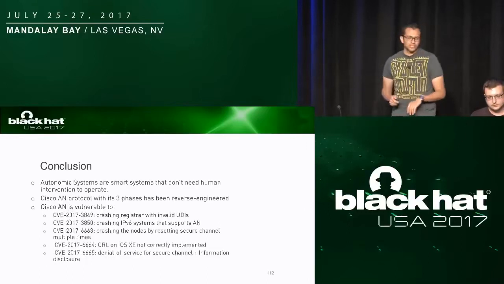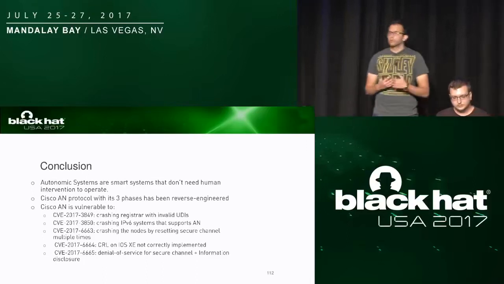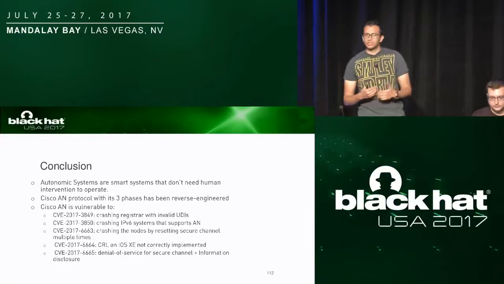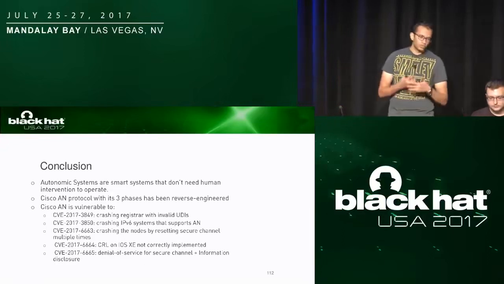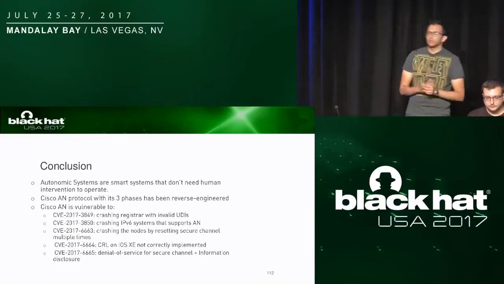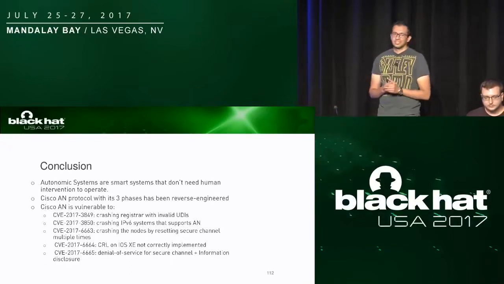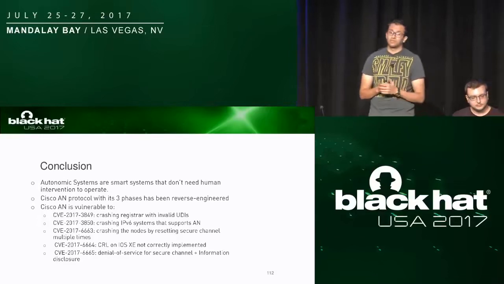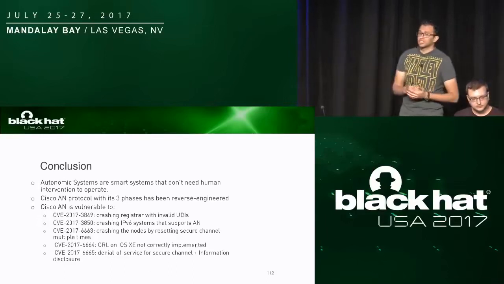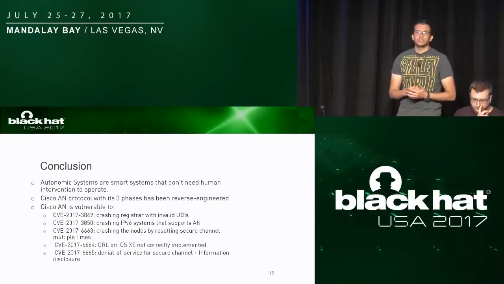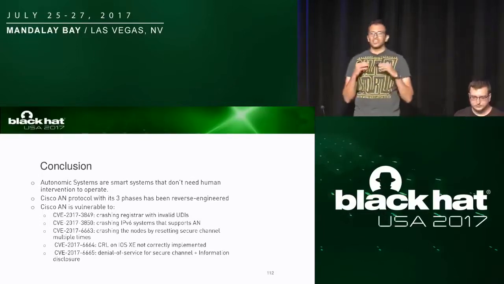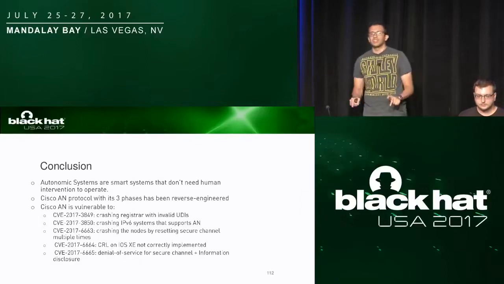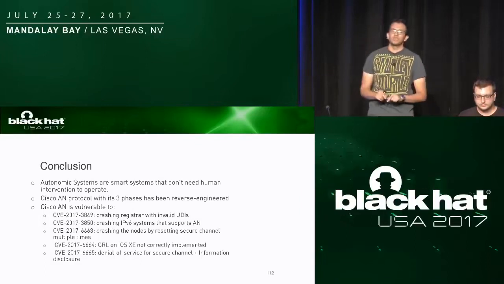To conclude today's presentation, we have spoken about autonomic network. We have spoken about the technology that you can use to ease your life. Although it's quite good, and we have reversed all the multiple phases of it, somehow it has severe vulnerabilities that can affect your network and your domain. We have crashed the secure connection, the in-release, the register, everything within this network. And after that, even if you disabled everything, your devices will be crashed by just knowing your IPv6 address.